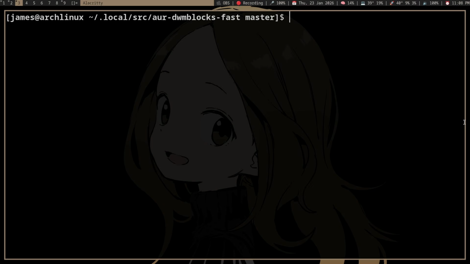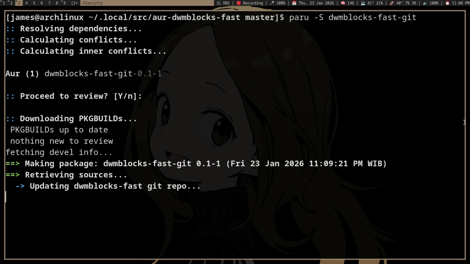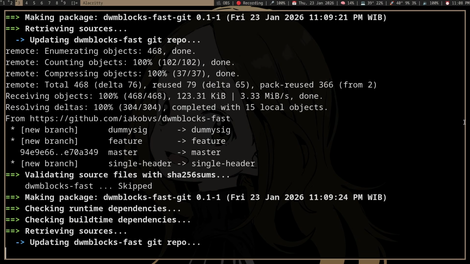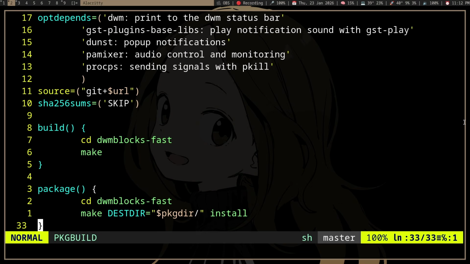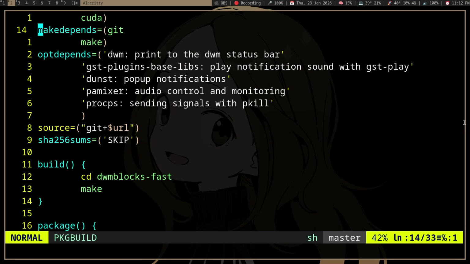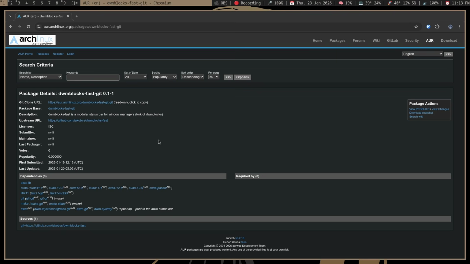You can also push it to the AUR. For example, here I have put it there, and we can install it with an AUR helper. And to put your package in the AUR, what you're doing is pushing this file and a couple of other files to the Git repo of the AUR.archlinux, and we can look at our package in the AUR. Now obviously follow the guidelines, and if you're just